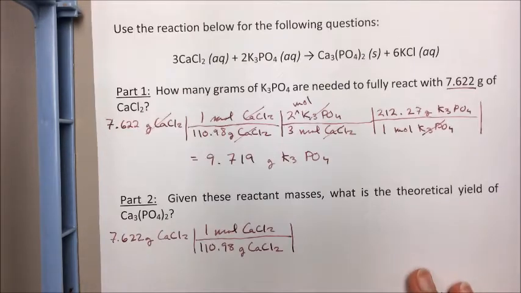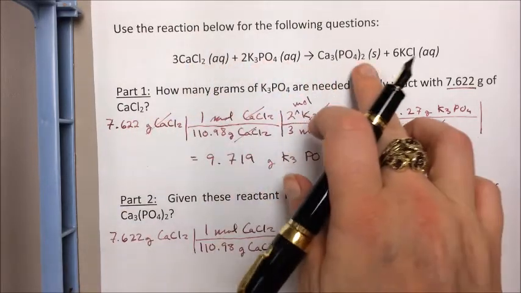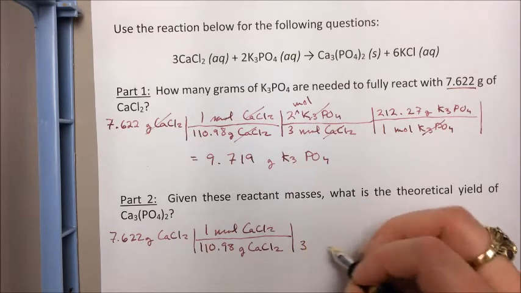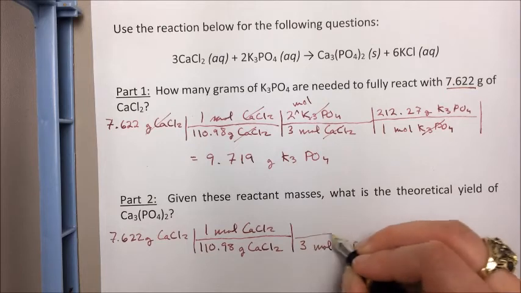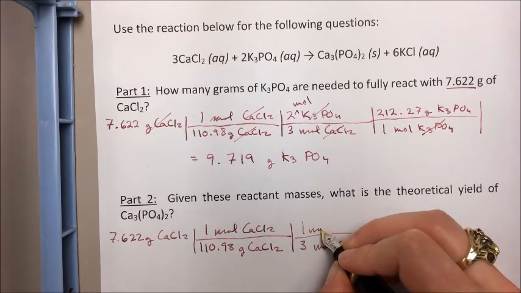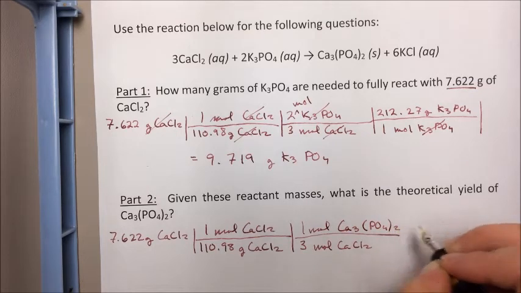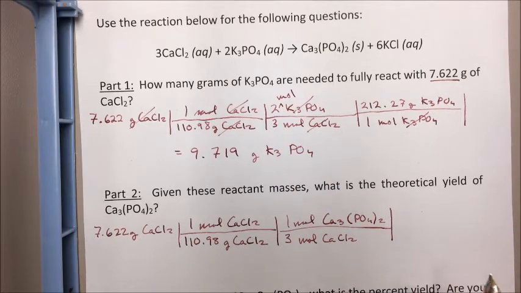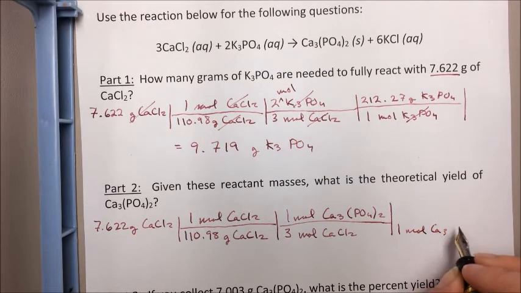Now if we go back up to our equation, we see that for every 3 moles of CaCl2, we're going to get 1 mole of calcium phosphate. So we're going to have to adjust our mole ratio. 3 moles CaCl2 to 1 mole Ca3(PO4)2, and now we can convert that molar amount to grams. 1 mole Ca3(PO4)2